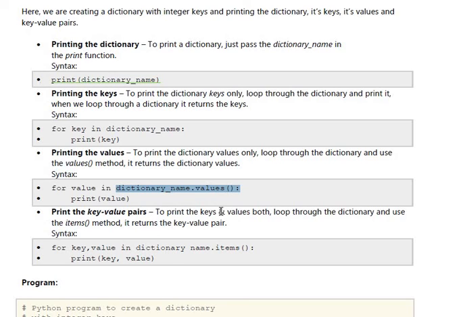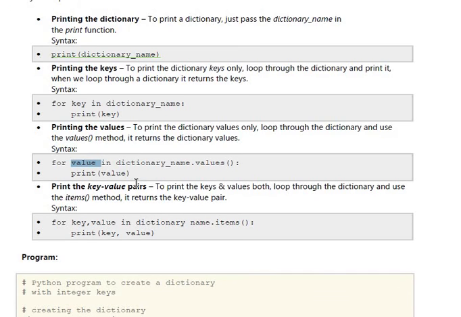Suppose pocket equal to 12: pocket is the key, 12 is the value. So if I want to print only the values, we can do it using values.